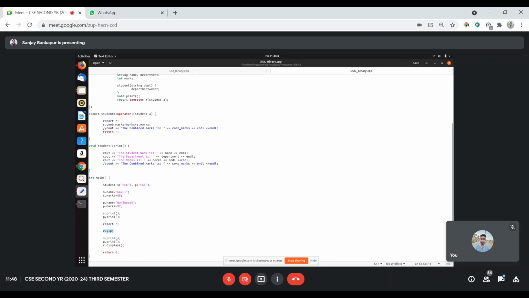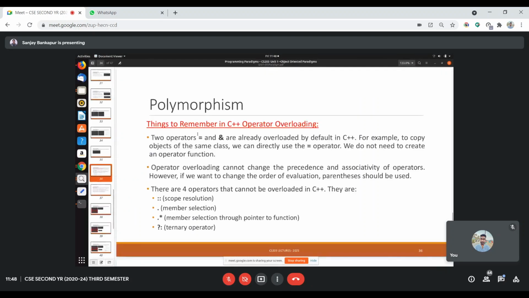So equal is already overloaded by default, and the ampersand also. The ampersand acts as an AND operation when used with primitive expressions, checking true, false, true, false, as well as acting as the address operator. So it is already overloaded by default.